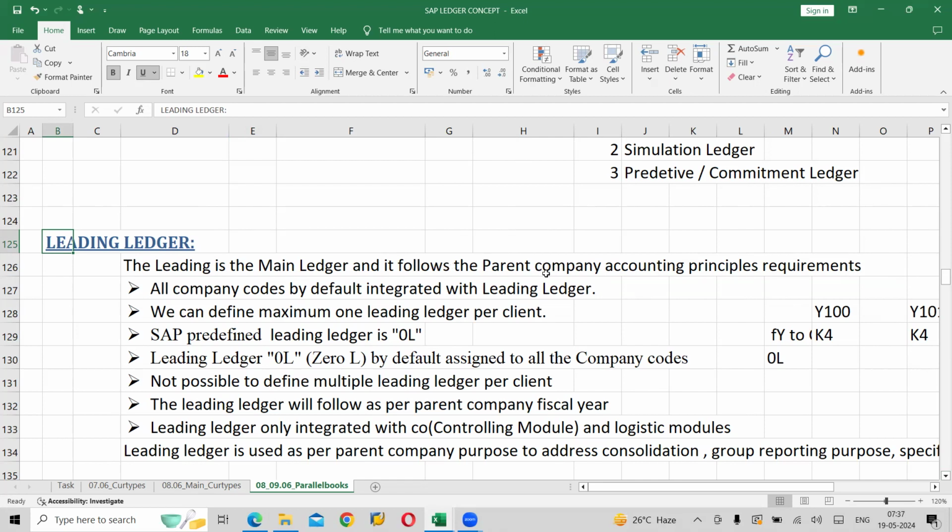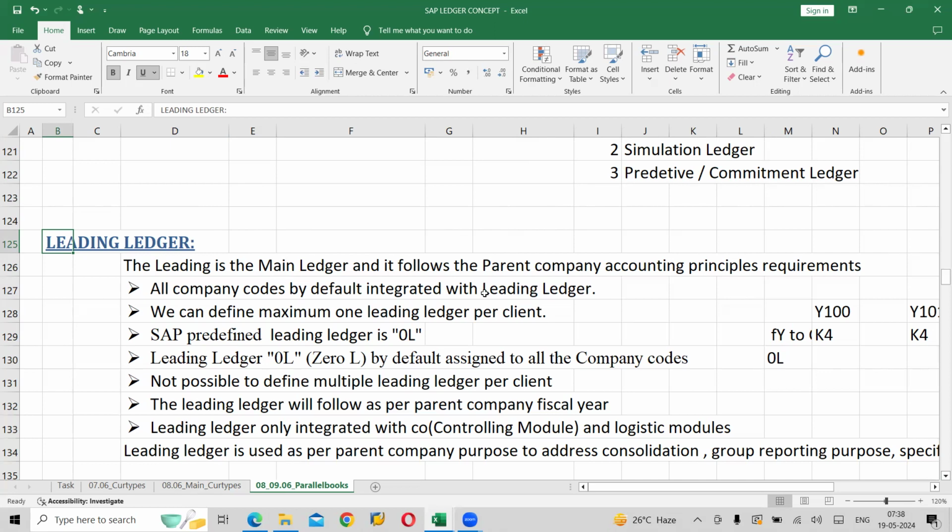Whatever report we want to prepare according to the main company follows the leading ledger. Clear? And next one, the first main feature of the leading ledger: all company codes are by default integrated with the leading